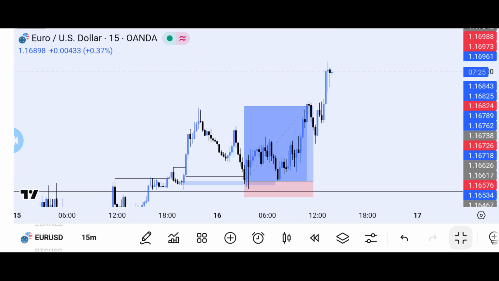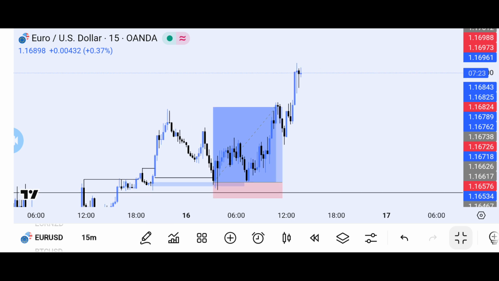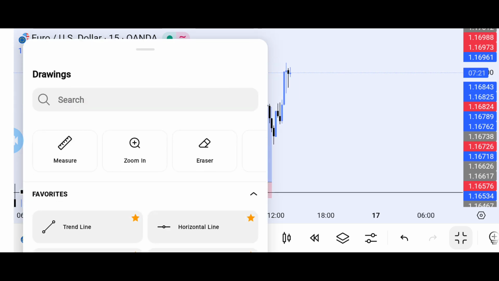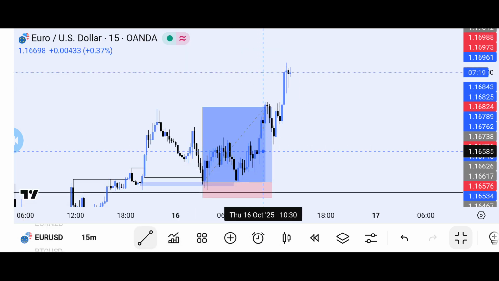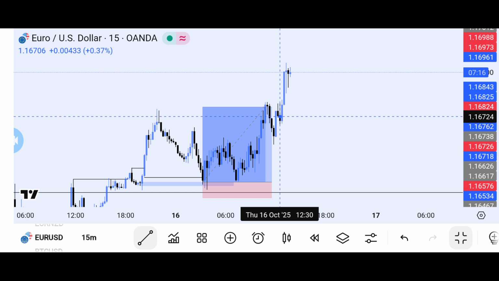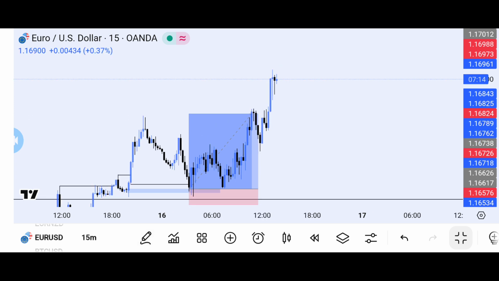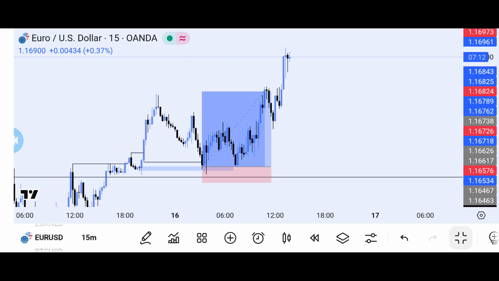Now there will be more opportunities on buy because I've seen some multiple order blocks like this. We have one here. We have another one here. But if you want to look for buys, wait for the market to just breach. You don't just start taking buys. Now the reason why I was able to take